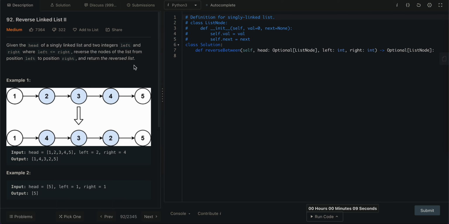Let's start today's Leetcode question. Reverse linked list. So reversing linked list is quite a common question. But what is two? So given a head of a singly linked list and two integers left and right, where